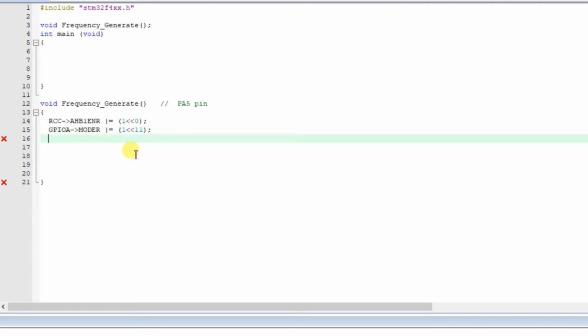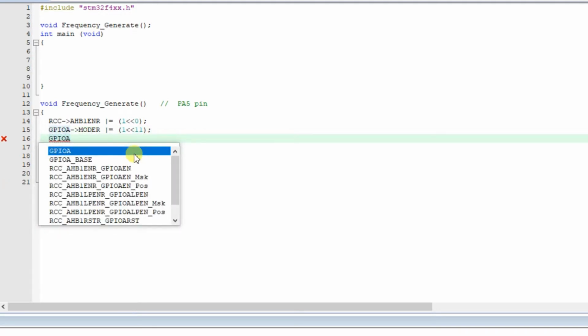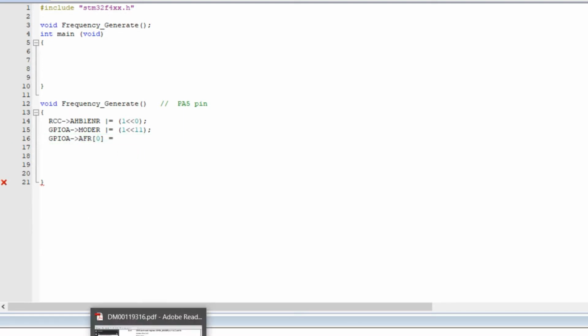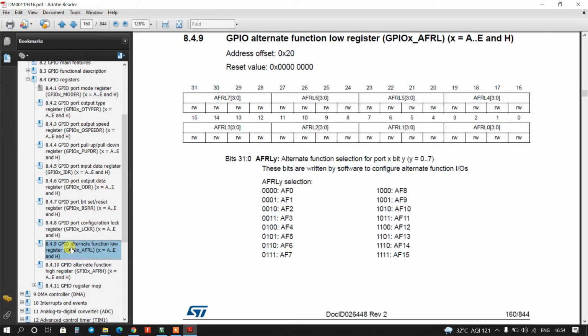Okay, now GPIOA, and we will select the AFR register. Because it is the 5th pin, it will be the low register, and again go to AFR registers. This is the AFR register.